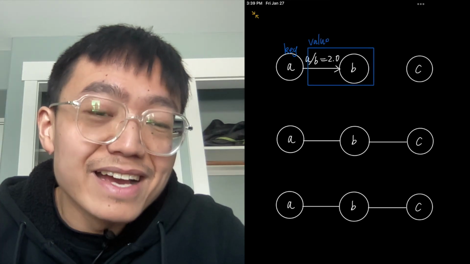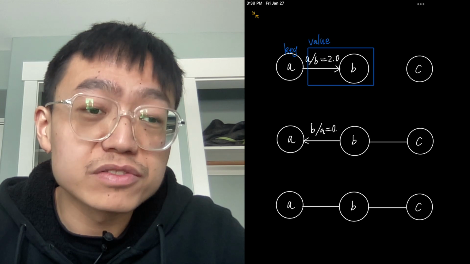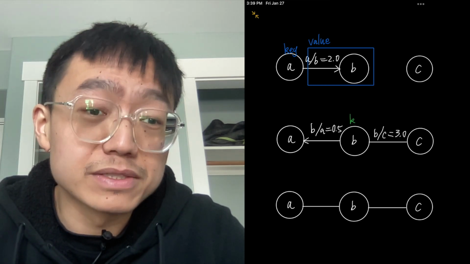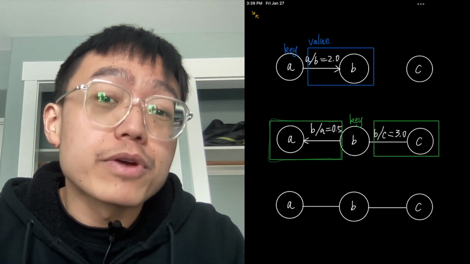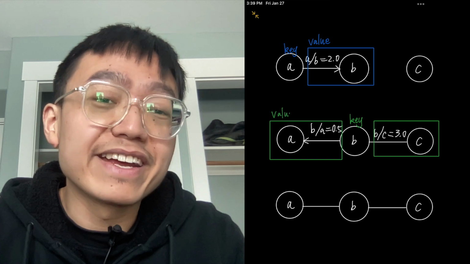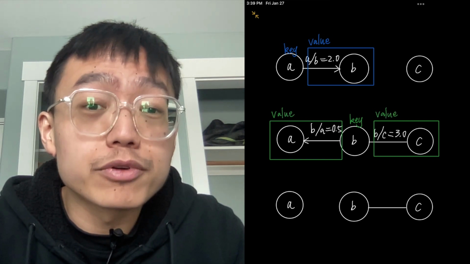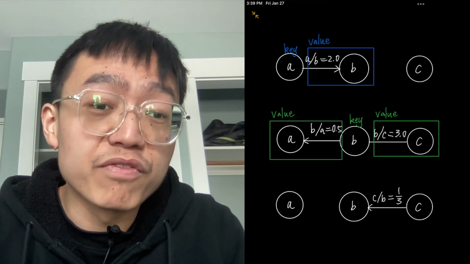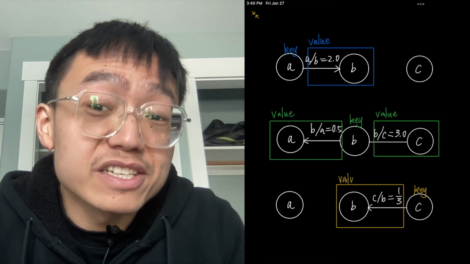The key C has a defaultdict as its value, with the key B and value 1/3, which represents the edge between the node C and B with the weight of 1/3. So this graph is used in the backtrack evaluate function to check if there exists a path from dividend to divisor to calculate the product of the values along the path. And we should notice that the float value is used as the default value for any non-existent key in